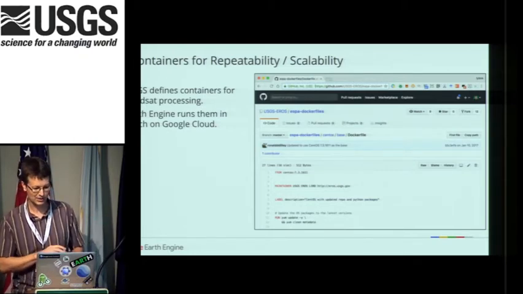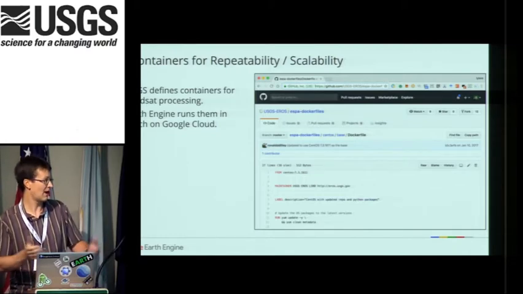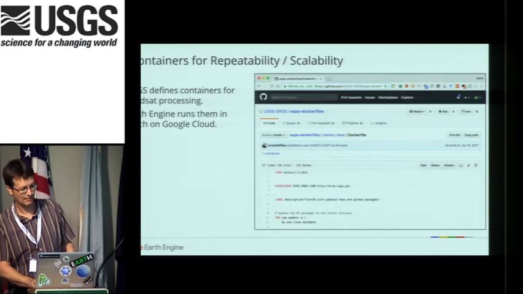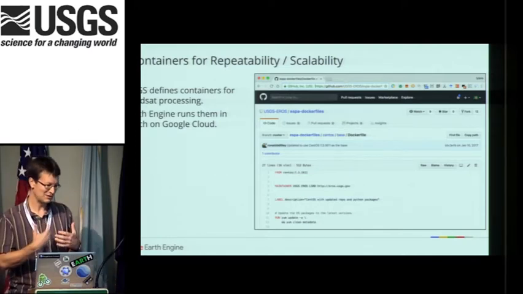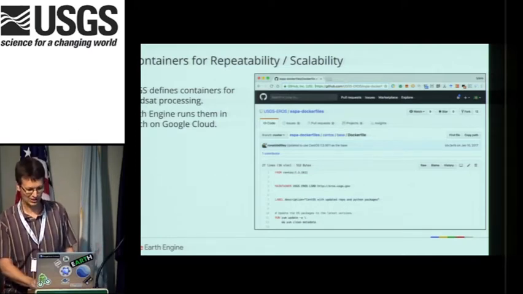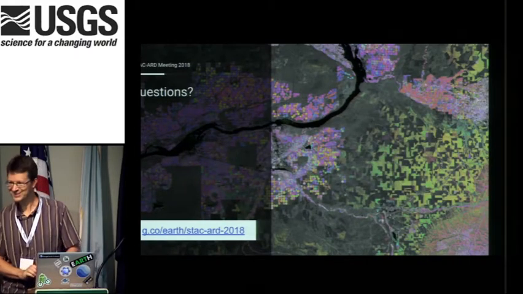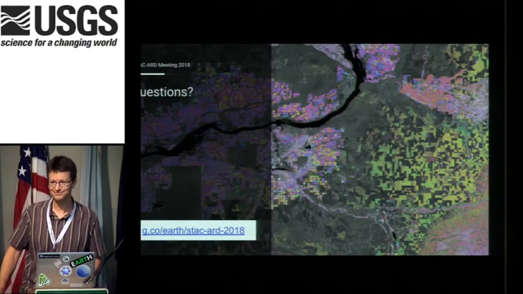So I really like that approach, and it's really nice to see how that can be used to scale across. If you have access to a lot of machines that can run things like Docker containers, it's a good way to make things repeatable so that you can share the processing burden around. And that's it. I tried to be quick on this so we had more time for questions later.